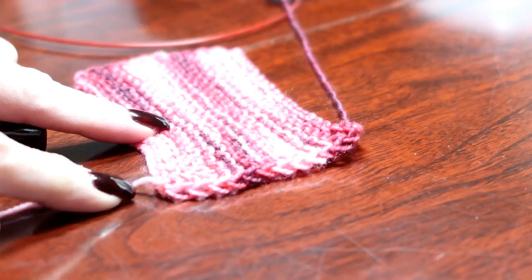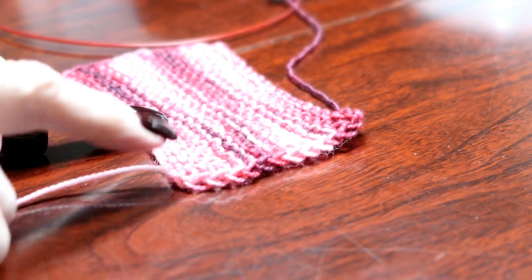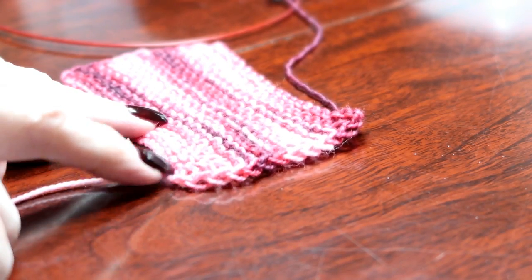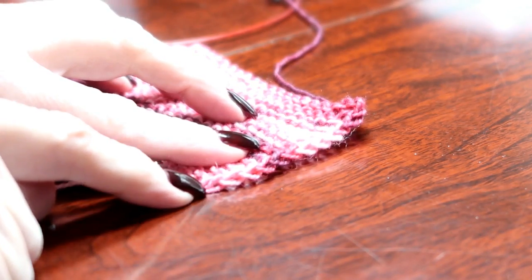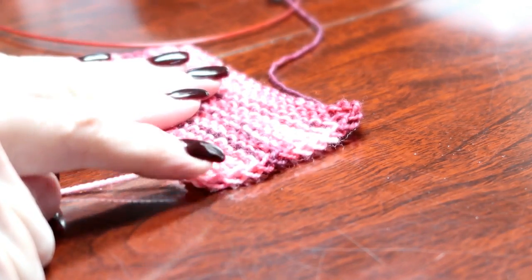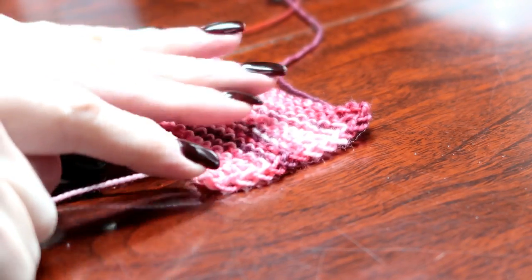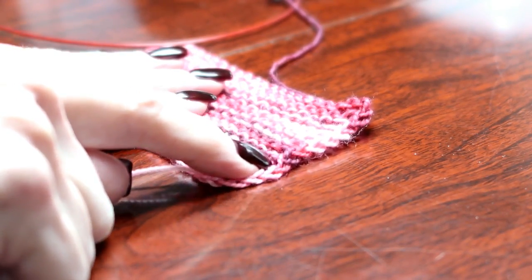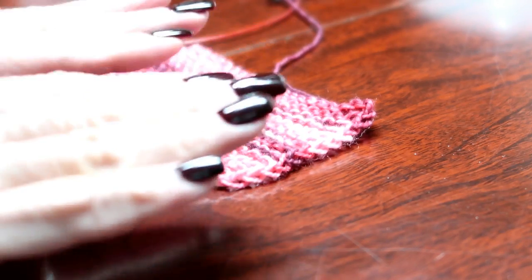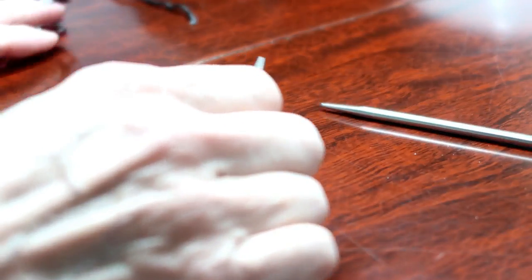You want to start attaching down here at the bottom of the square, essentially where you started casting on. So the bottom right side of the wrong side of the fabric, okay? Wrong side facing on the right side is where you're going to start attaching, picking up your selvage stitches and attaching your border. Okay, I'm going to set this aside and I'm actually going to cast on for the border